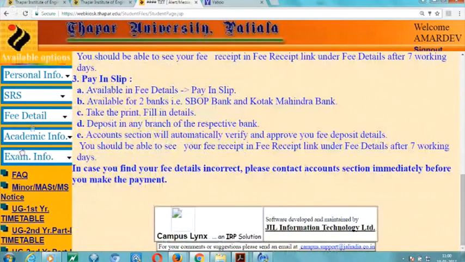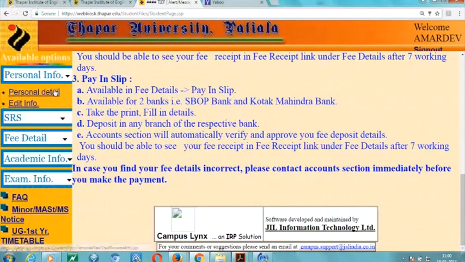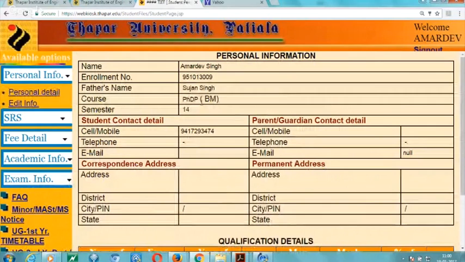So if I have to see my personal information, it is there. Personal information: Amardev Singh, enrollment number 191013009, father's name, program name, and other things I can edit and add. Always. That's it. Then SRS,